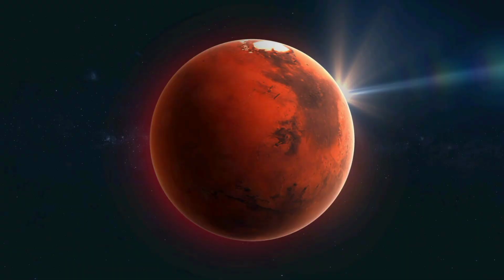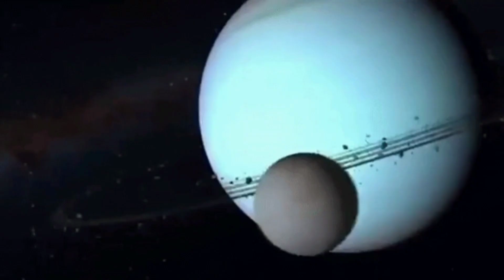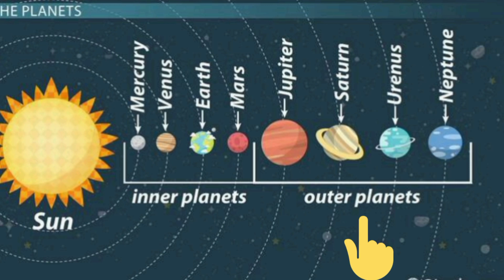are called inner planets. And the last 4 planets, Jupiter, Saturn, Uranus and Neptune, are called outer planets. So why are they called inner planets? Because they are very close to the sun. They are made up of rocks. And the outer planets are very far from the sun and are huge planets made up of gases and